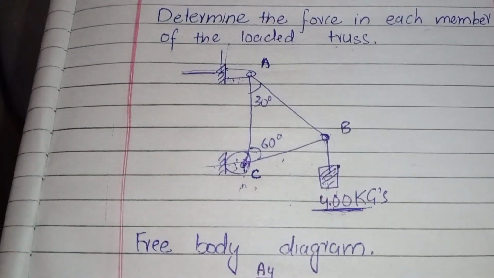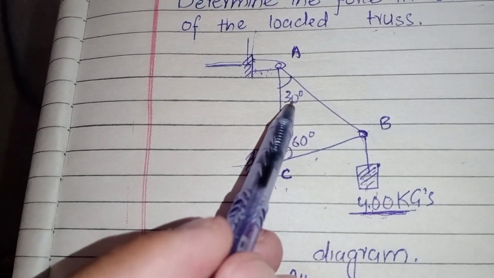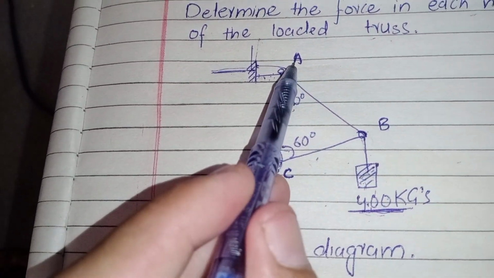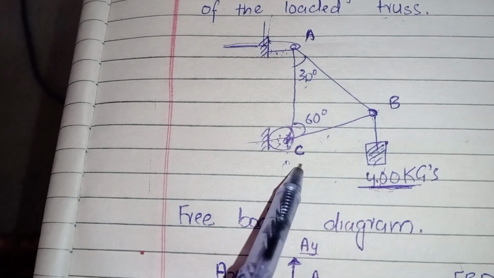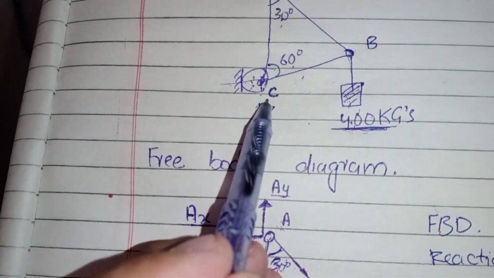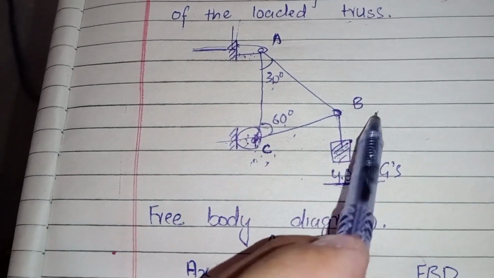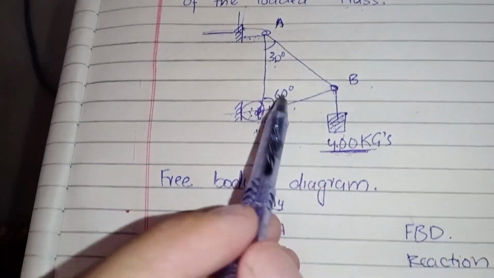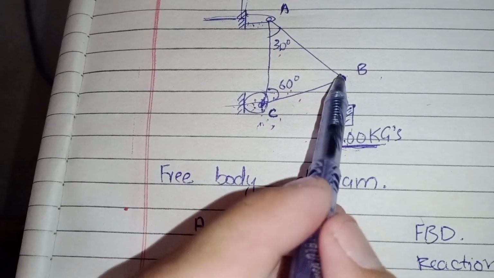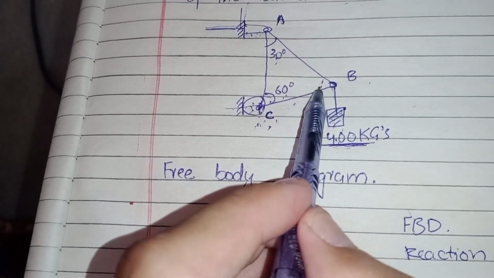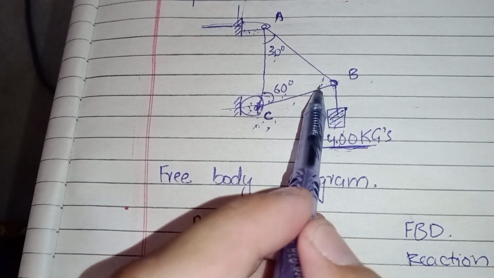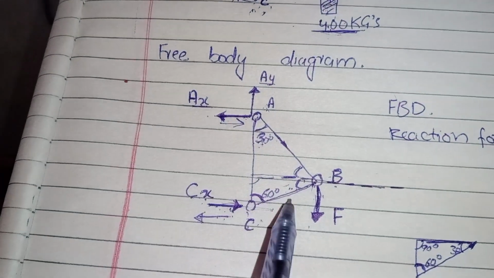The given angle is 30 degrees between member AB and AC, and 60 degrees between members CA and CB. Okay, 60 degrees, and this angle is not given,